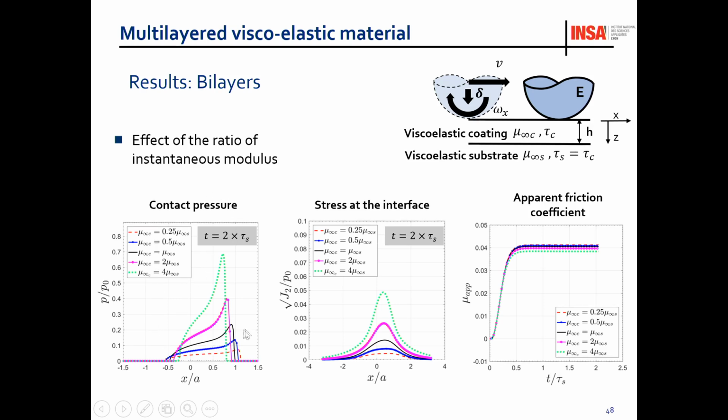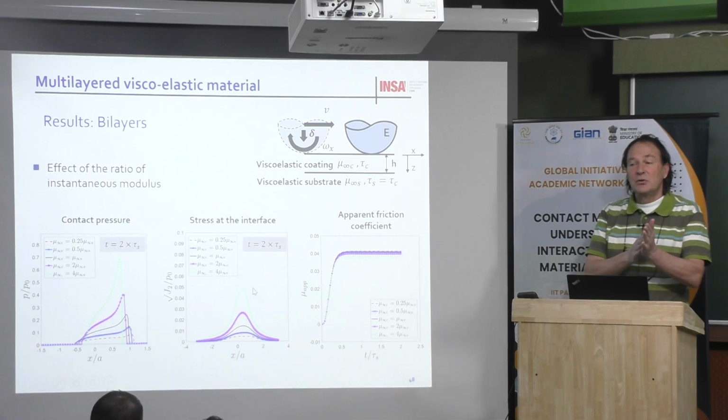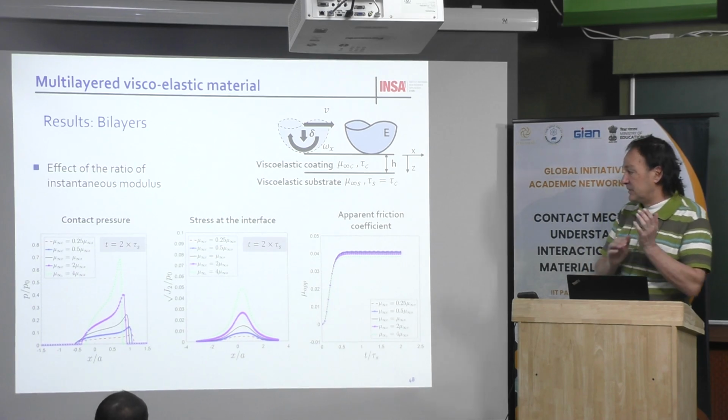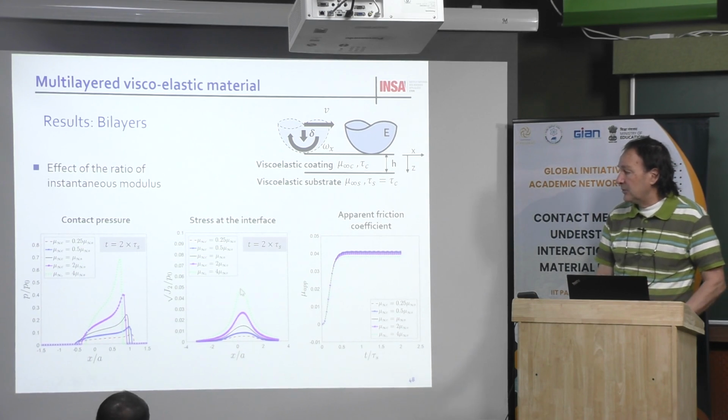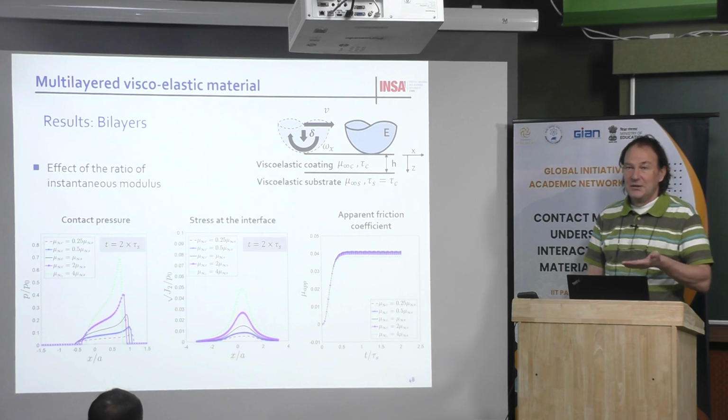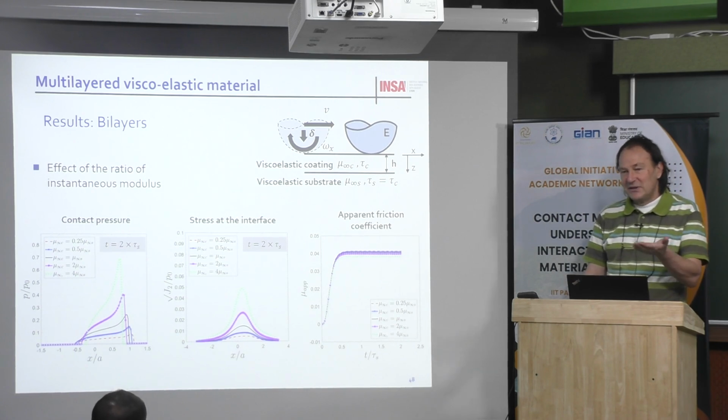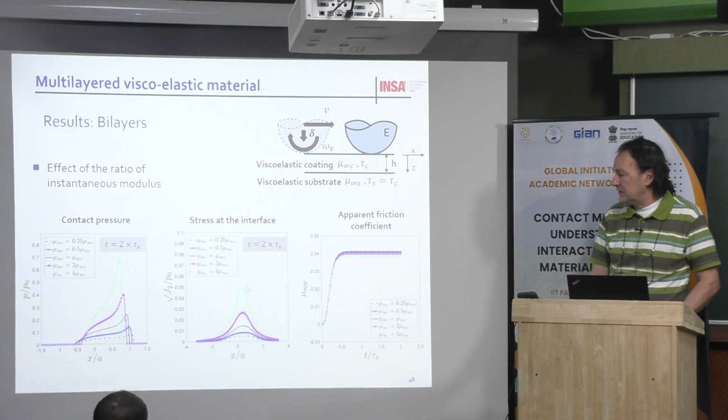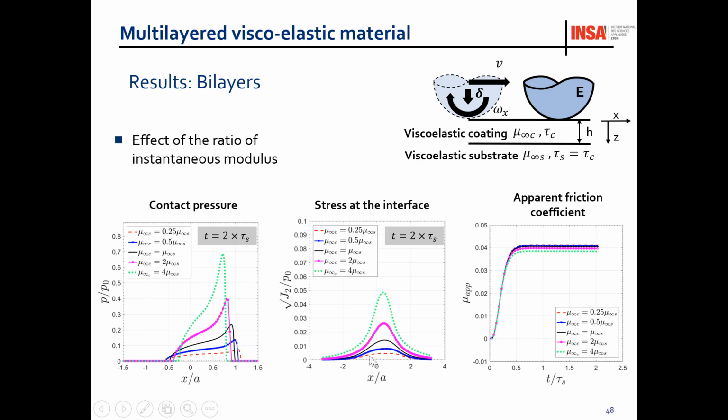Then this is a contact. And now what is interesting here is the stress at the interface. Why? Because this is a G2 parameter, because you can have some delamination between the coating and the substrate. So this parameter is interesting. And then you can see here that the most detrimental situation is when you have a hard coating. Okay, when the viscoelastic material, in fact, is less viscoelastic, when the coating is less viscoelastic than the substrate, for example. And this is the worst situation. Then the best situation, I can say, is when the coating at infinity is softer than the substrate.